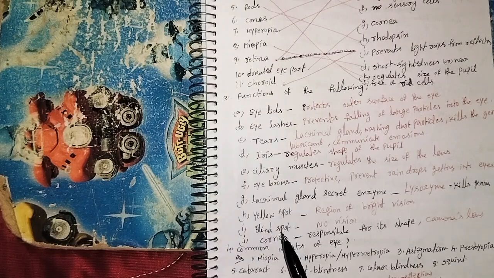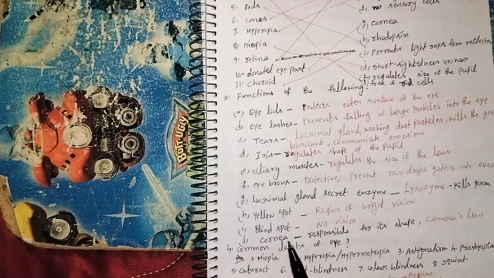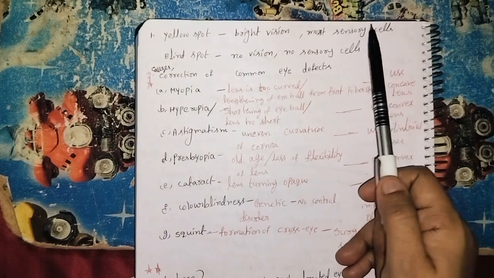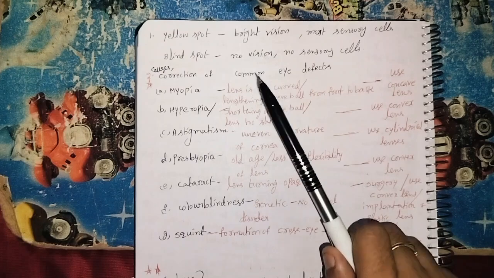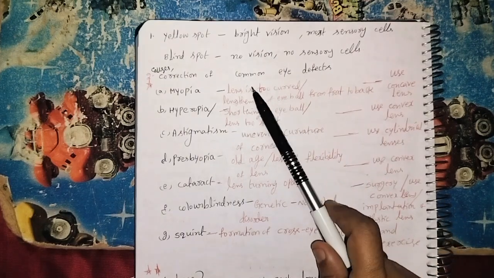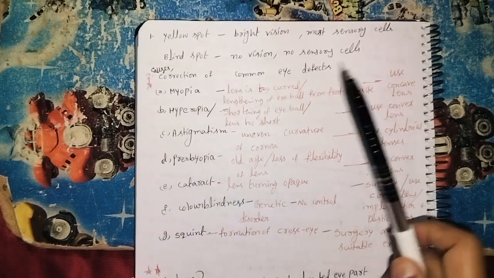Yellow spot means it is the region of bright vision, and blind spot has no vision. Cornea is just like a camera's lens. So what are the common defects of the eye? Yellow spot has more sensory cells and bright vision. Blind spot has no vision, meaning no sensory cells. So these are the common eye defects, causes